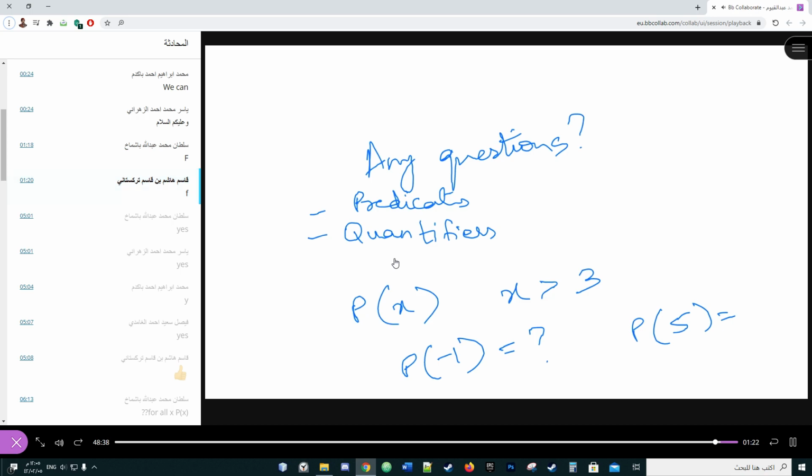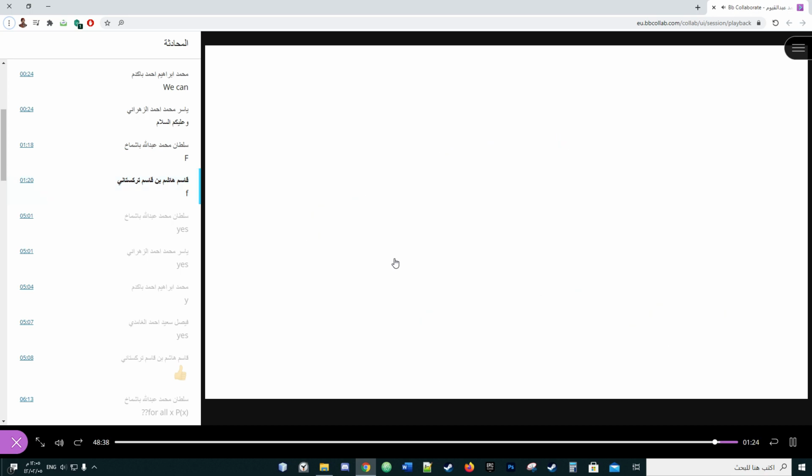We looked at more complicated functions, functions which involve more than one variable. And we looked at, for example, what is the domain of A, domain of B, domain of C. So we looked at the domain, and we know that domain is very important to find out the value of